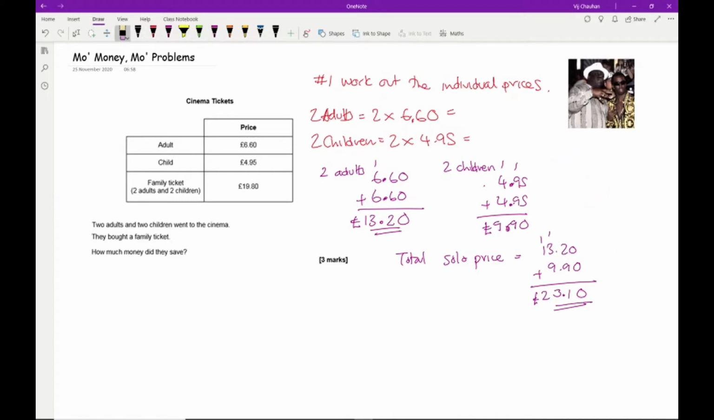So in terms of marks, you would get 1 mark for working out the individual prices, 1 mark for working out the total price, and then the question's asking how much money did they save. So what they need to do is take the more expensive price, which is £23.10, and the price that they actually paid, which was £19.80, and take the 2 things away. So 0 take away 0 is 0. I'm going to struggle doing 1 take away 8, so I borrow 1 off the 2, so that becomes 1, that then becomes 12, and that becomes 11. So 11 take away 8 is 3, 12 take away 9 is 3, and 0, so they saved